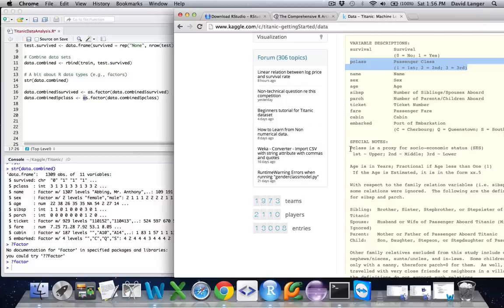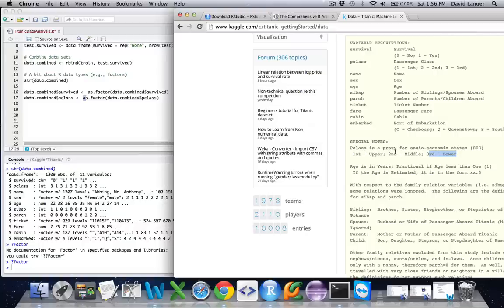In fact, you can see down here in the special notes that p-class is actually a proxy for socioeconomic status, which is a very politically correct way of saying, essentially, were you richer or were you poor? Okay, cool.